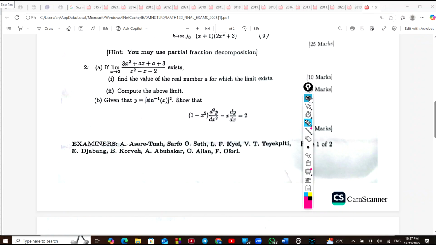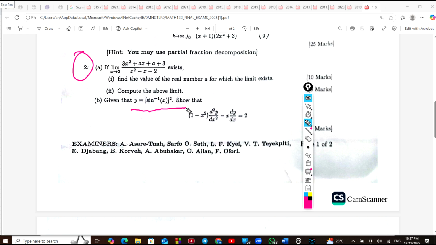In this video we are still solving questions, the past question of math 122, that's calculus 1. So we are going to solve the second question, but before that, the second question involves one function that I want to clarify before we start solving that question, and that is the B part of the question, which is